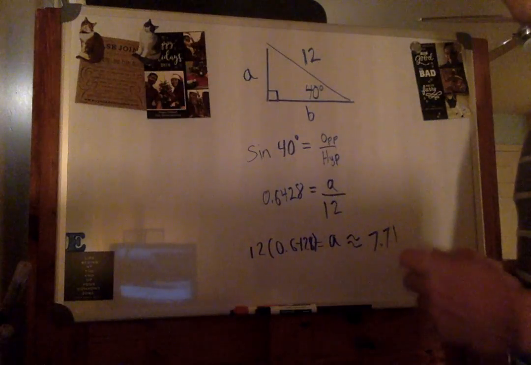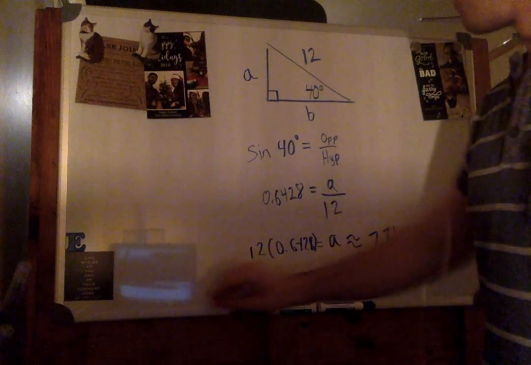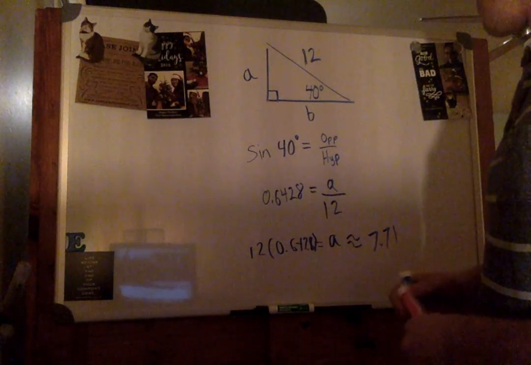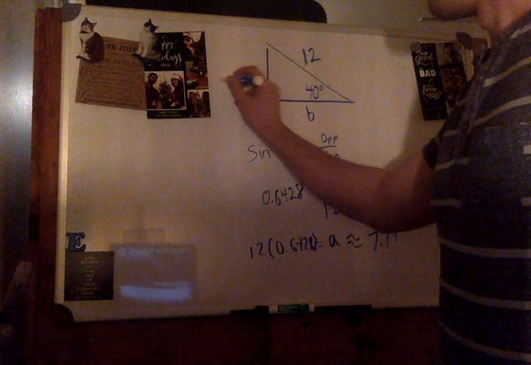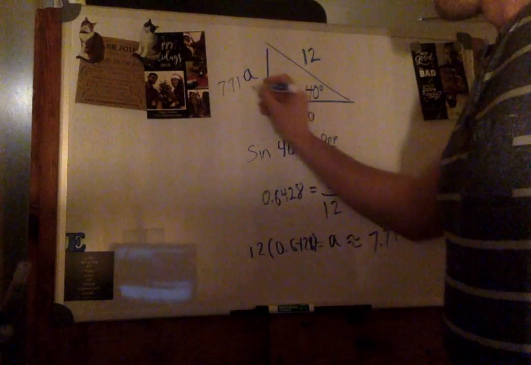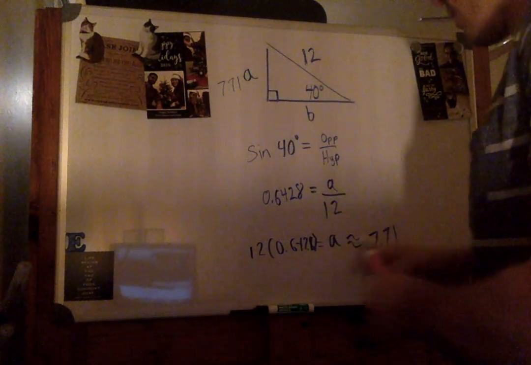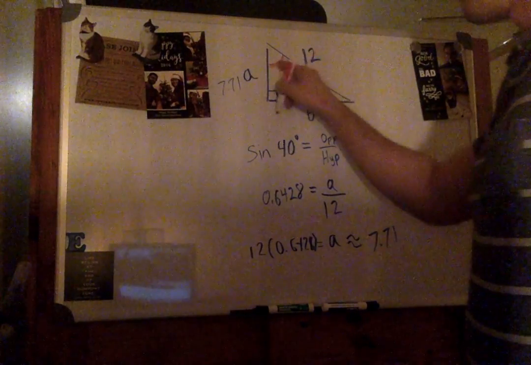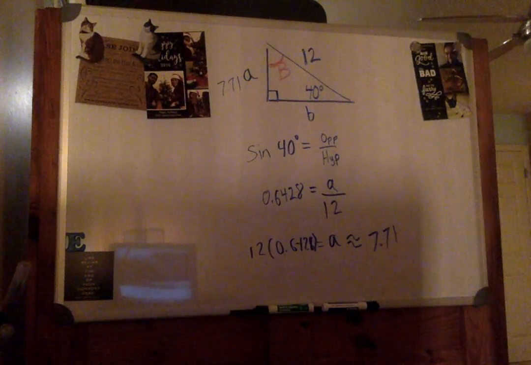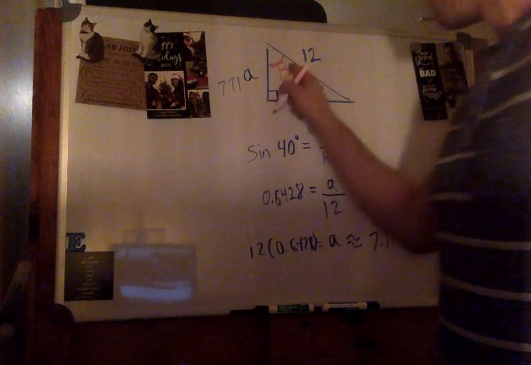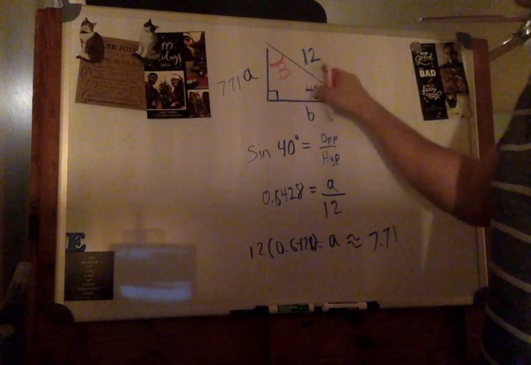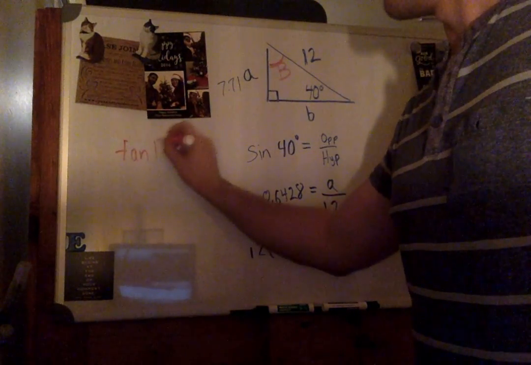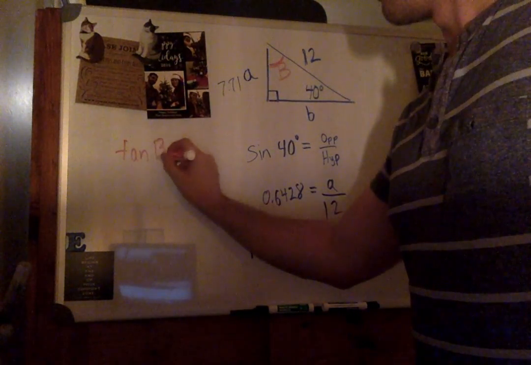Now there's actually more information that I can find from here once I have that. So I know that this is supposed to be 7.71. So I'm going to do something a little bit crazier here and say that if I'm missing an angle, like if I want to find what angle B is up in here, that's also something I can do. B, this is the adjacent of B, this is the hypotenuse of B. So the tangent of B would be equal to,